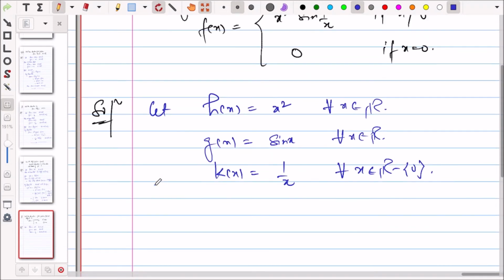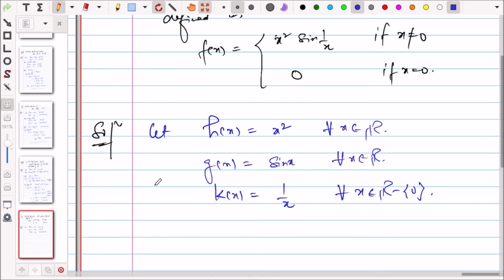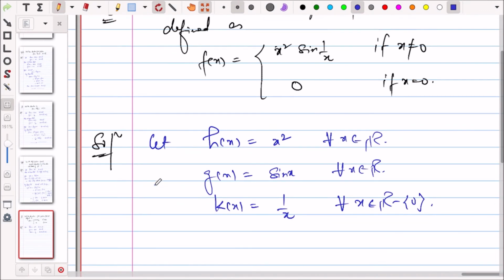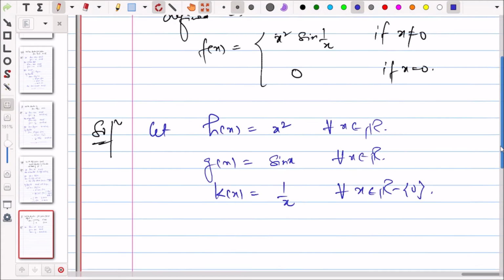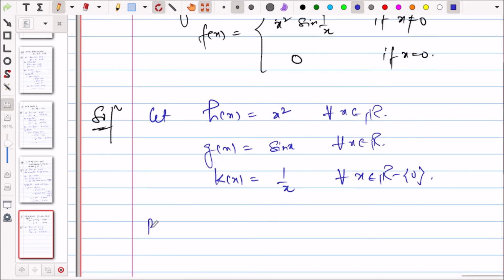So by algebra of limits, where will this function x square sin 1 by x be differentiable? On R minus 0, right? Because 1 by x is differentiable on R minus 0. Where this is not differentiable, the composite cannot be differentiable there. So sin 1 by x is not differentiable at 0. So by algebra of limits